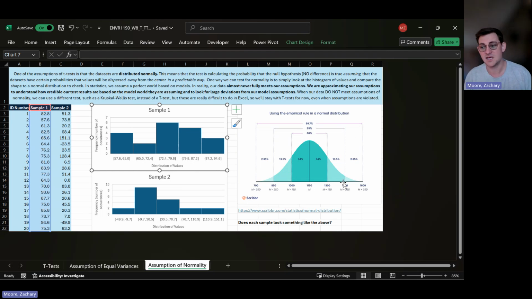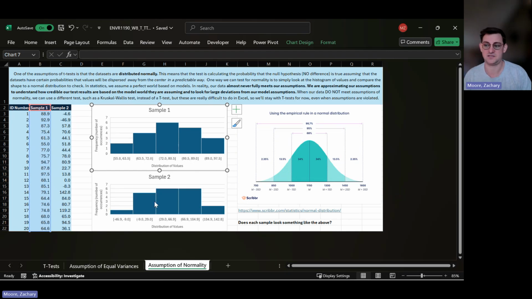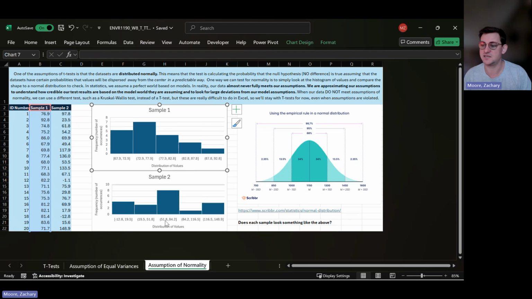can run these tests. In reality, it's much more complicated because they're not always going to be this pretty hump-shaped curve. They're often going to be weird shapes where it might be skewed to one side or the other, or you might have these uneven distributions. For our purposes, that's okay. I want you to be able to recognize when we're violating the assumption of normality, but we're not going to